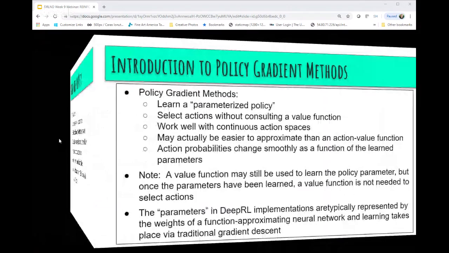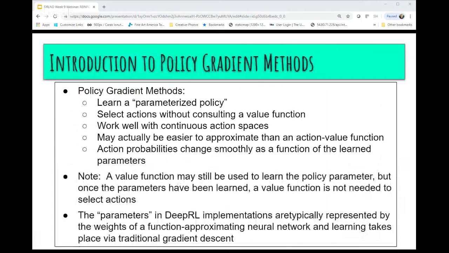So with that quick overview of the action value methods, let's now talk about policy gradient methods. In a policy gradient method, the approach is that you want to learn a parameterized policy. Now, what we mean by parameterized policy is that the policy is defined by some parameter. And we'll find out here in a second that the parameters that we use actually are the weights of a neural network, and the combination of all the weights become that parameter theta